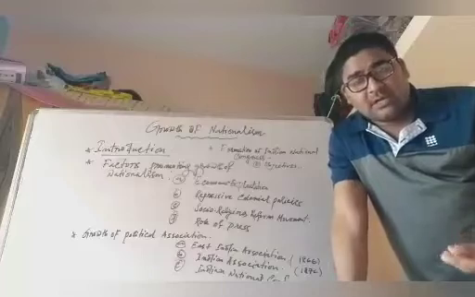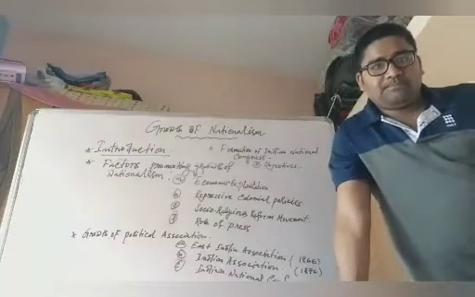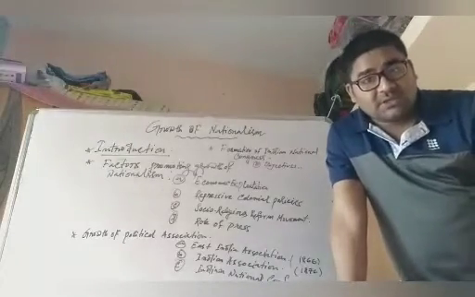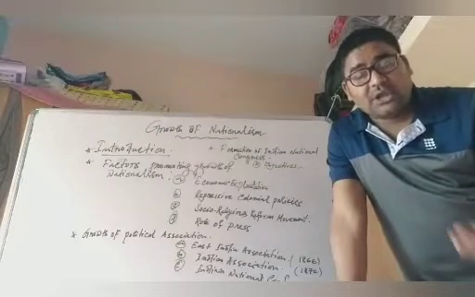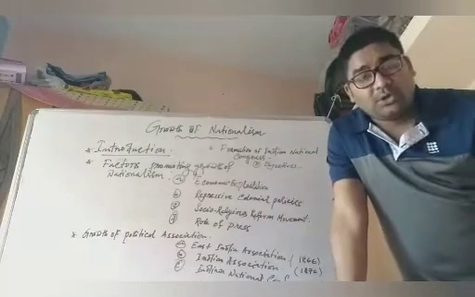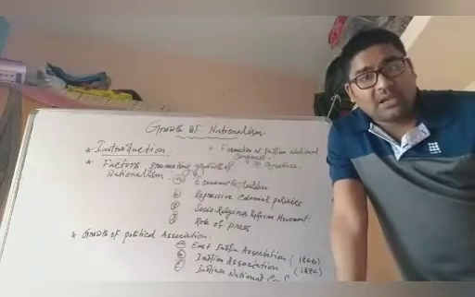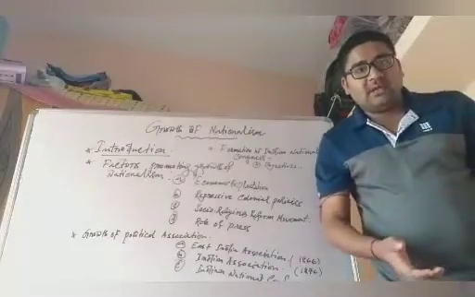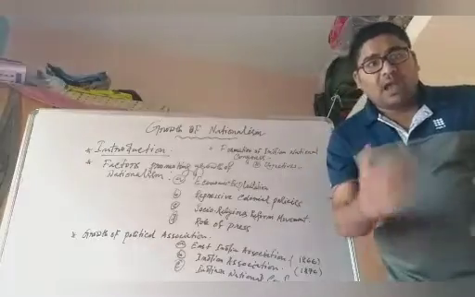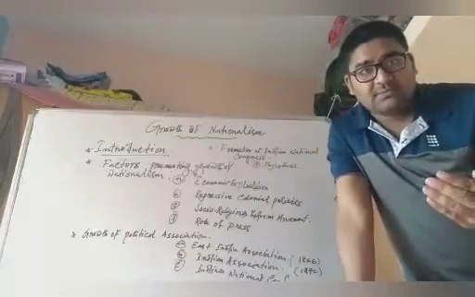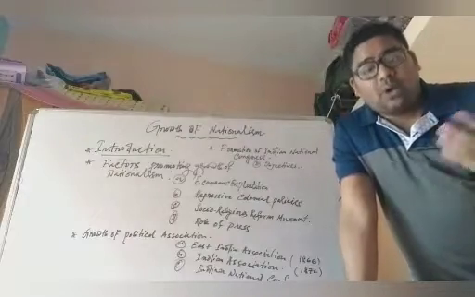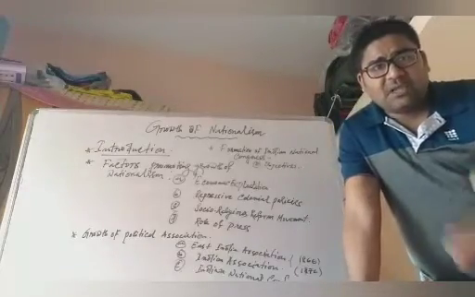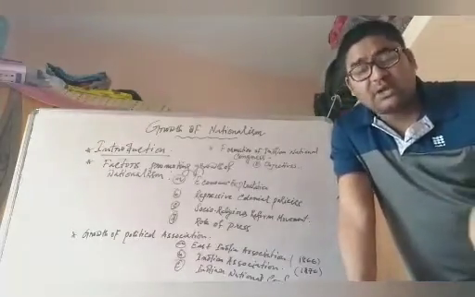What were the changes brought in the social sphere? They stopped child marriage, banned sati and female infanticide, introduced widow remarriage, and started women's education, etc. And in the religious sphere, reform movements combated religious superstitions and attacked idolatry and polytheism. Polytheism means worship of many gods. They also attacked hereditary priesthood. All these changes were brought in the religious sphere.